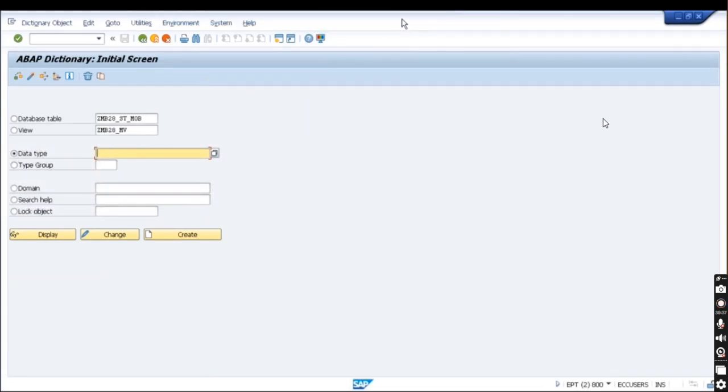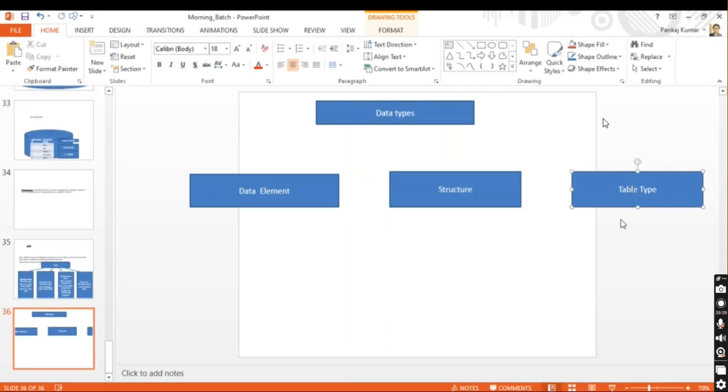All the table types actually have the line type as a structure. When I say table type, it tells you, suppose you are going to declare any table in your SAP ABAP program, there is a concept called internal table. So to define the type of that internal table,